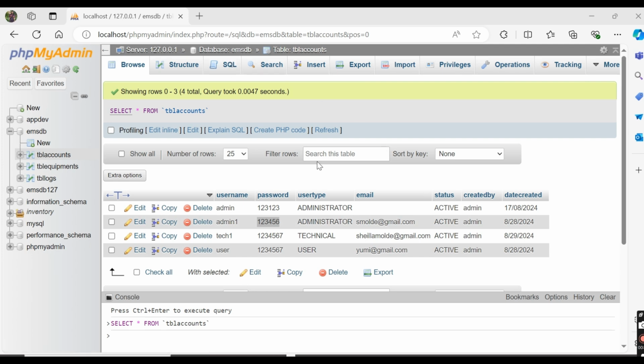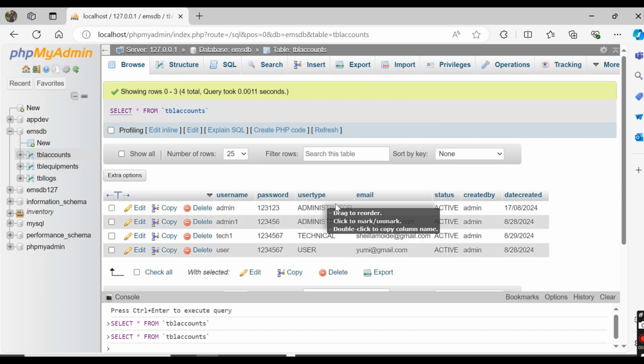For the SQL, I just use this one, the EMSDB. So we have the TBL accounts. For the TBL accounts, I have here the username, password, user type, email, status, and all the items that are needed.